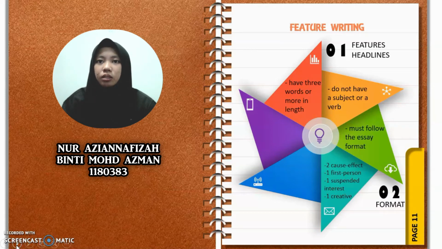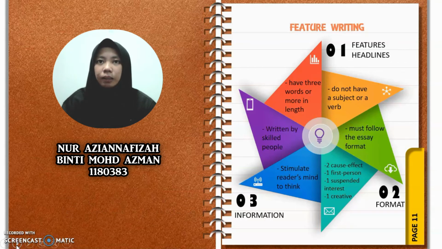The second point is the format of feature writing, which must follow the essay format as usual, starting with the introduction and then the body of content and conclusion. In the introduction, there is a lead. Based on the 5 articles we looked at, there are 2 cause-effect leads, 1 first-person lead, 1 suspended interest lead,